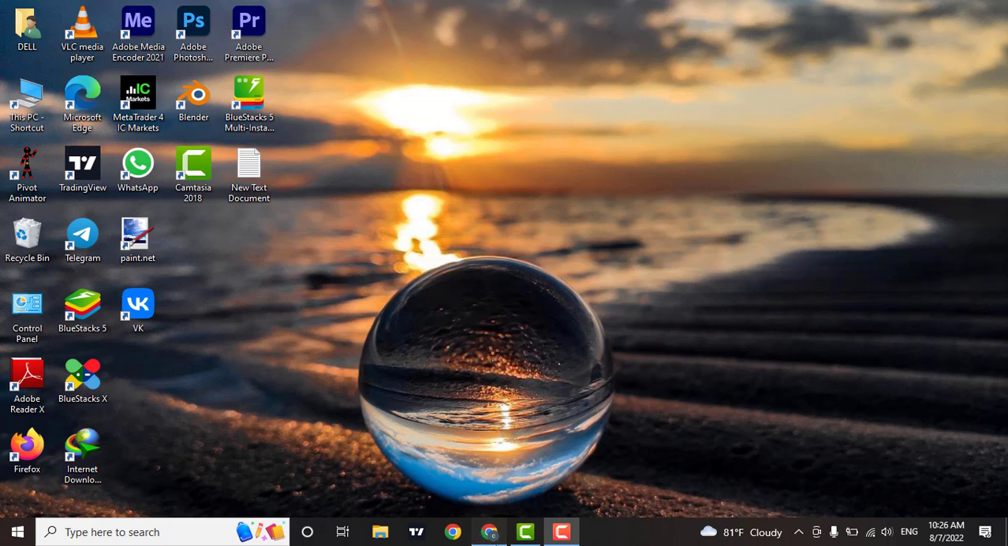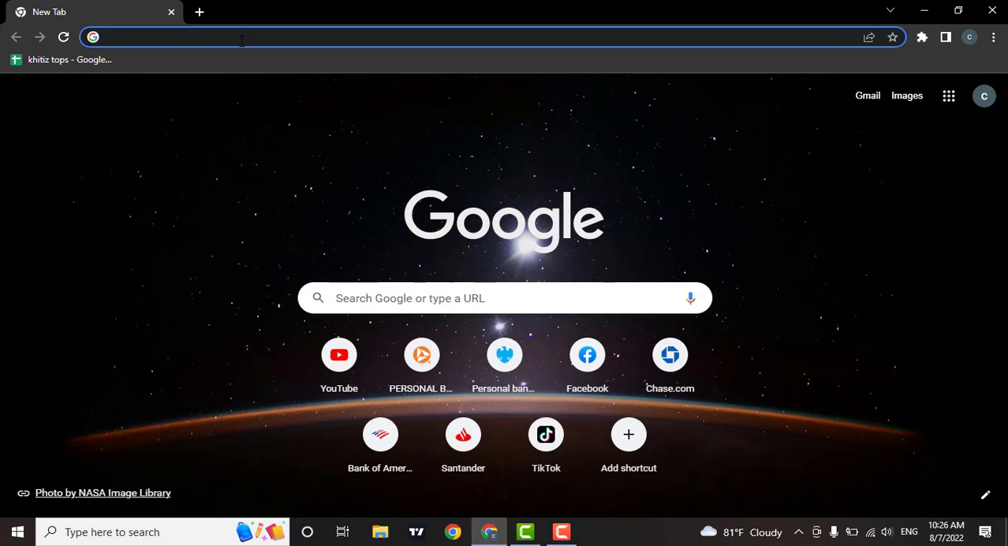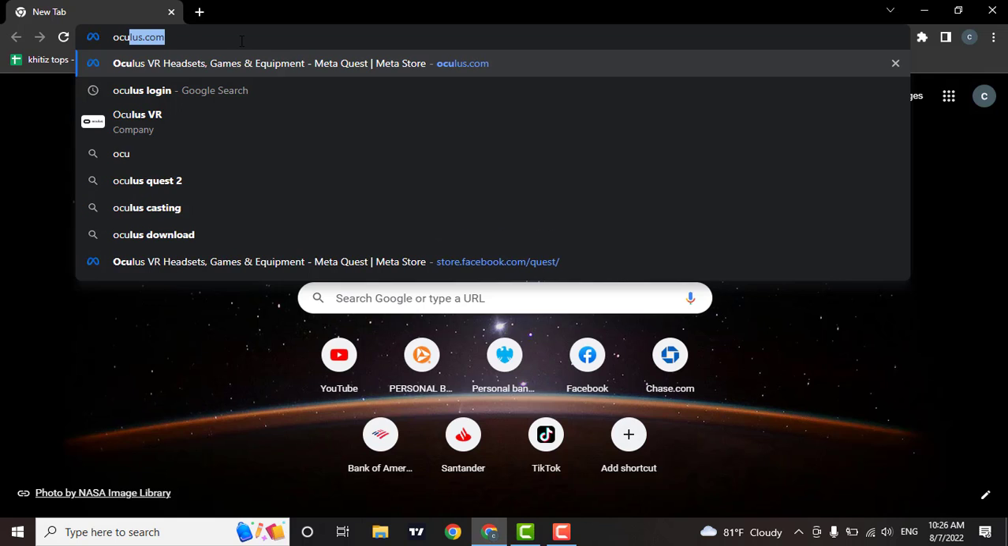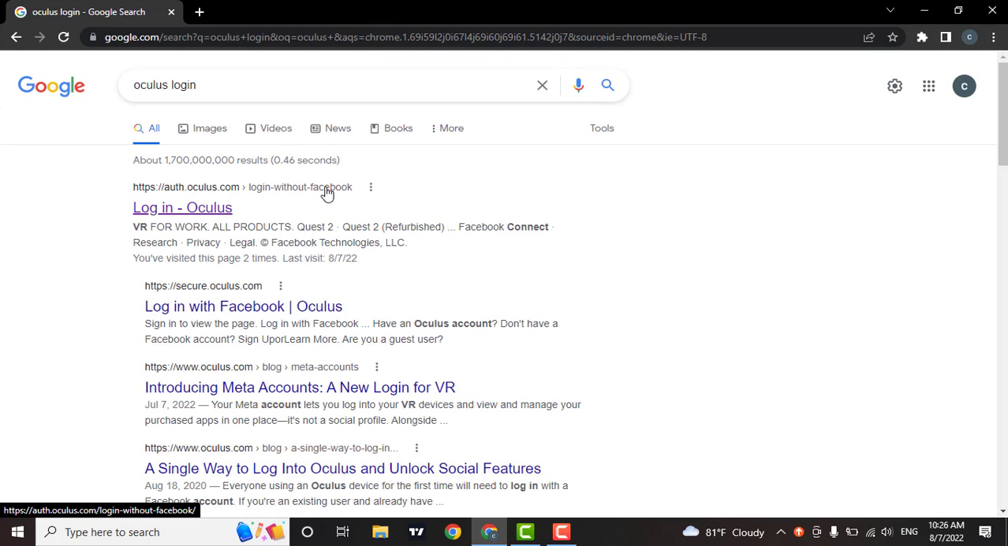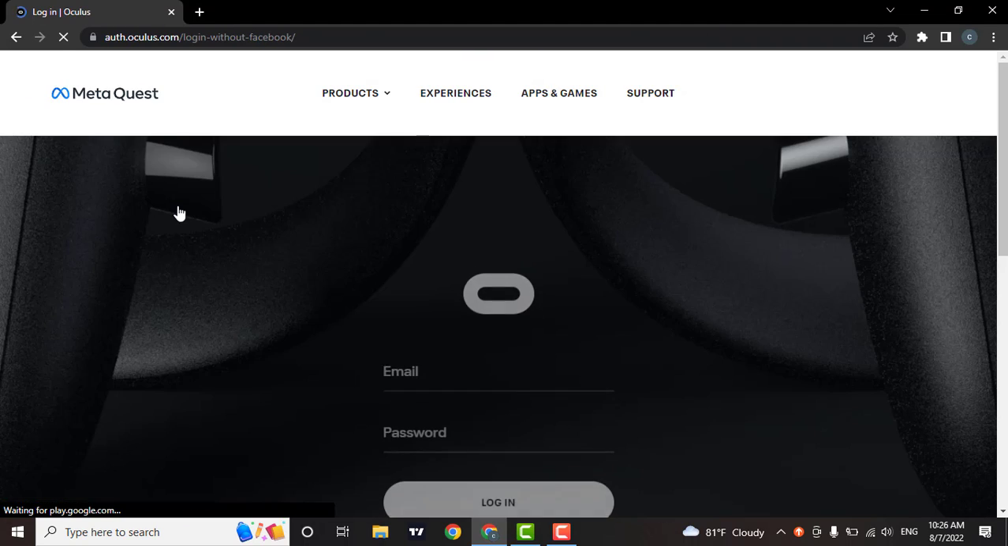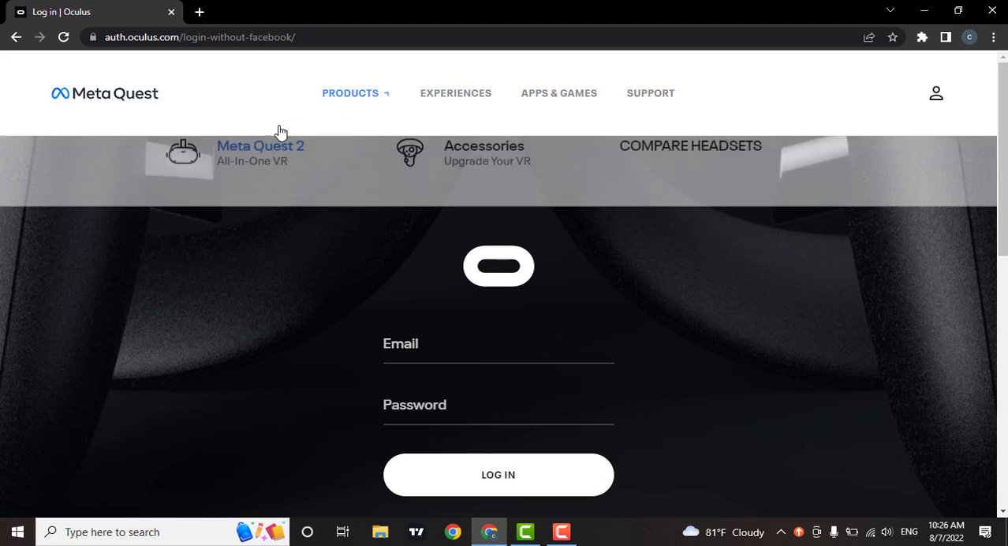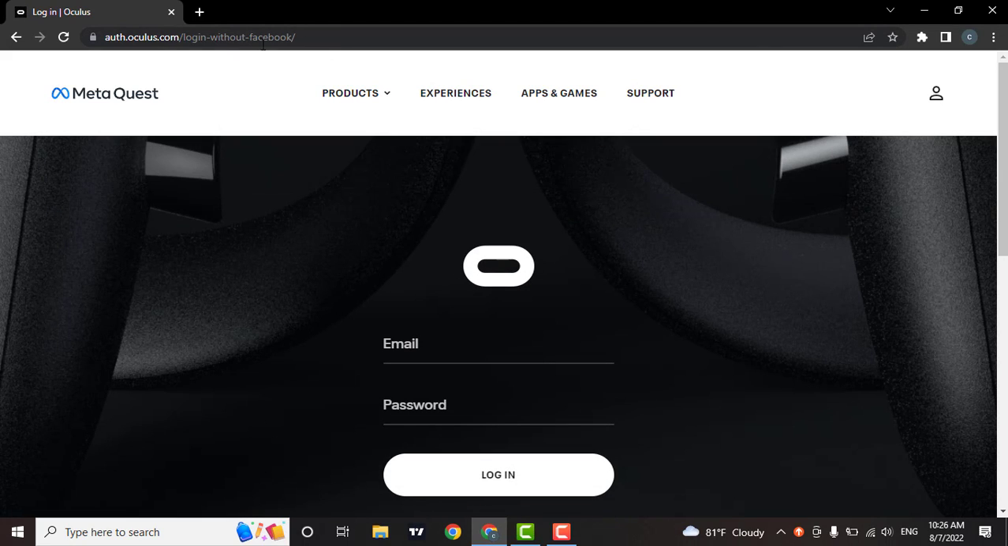Firstly, open up a web browser, then in the search bar, type in Oculus login. As soon as you do that, a bunch of options will show. Now click on the first option which says Login Oculus. If you don't find this link, you can simply type in this link in your website and you will be